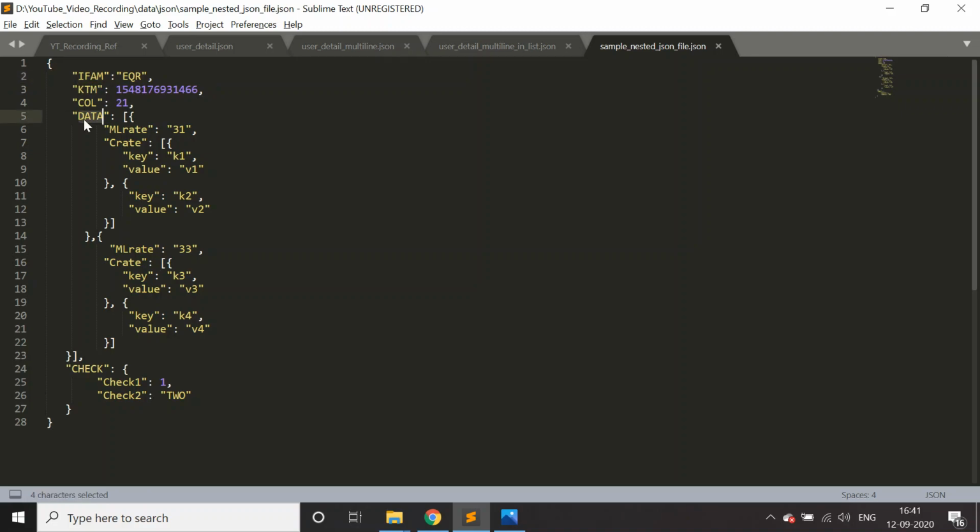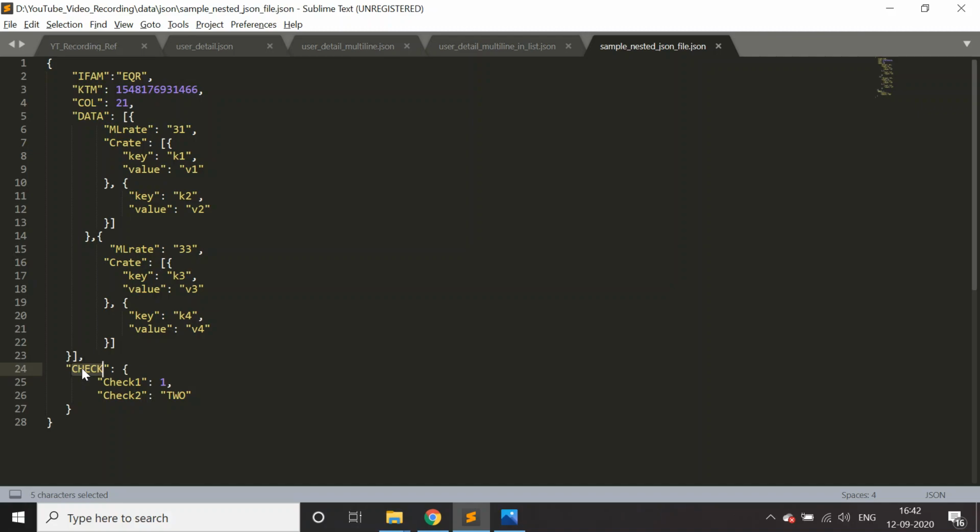And the field called data contains a nested JSON, an array of multiple JSON structures. The ML rate is 31, a flattened structure, but if you look at the C or ATE field, it is again a nested structure. And check is also a nested structure. Two important things to note.